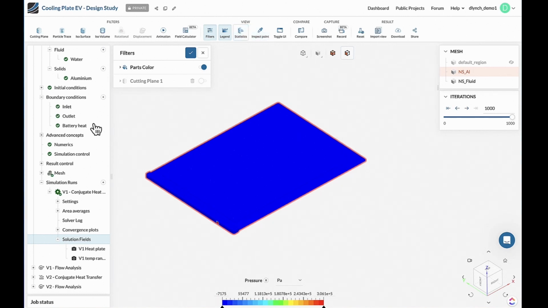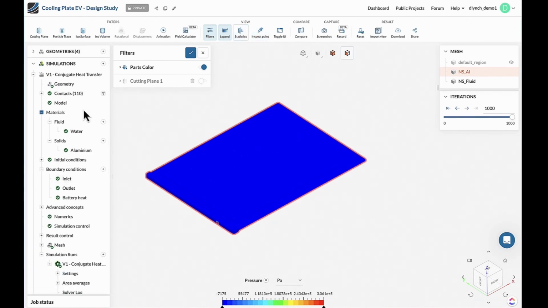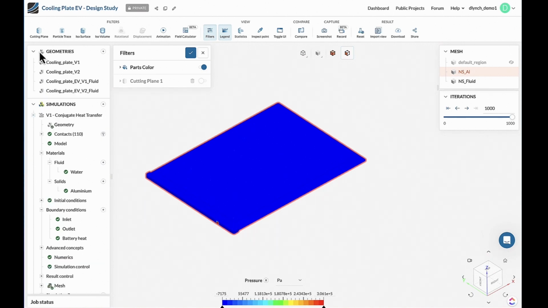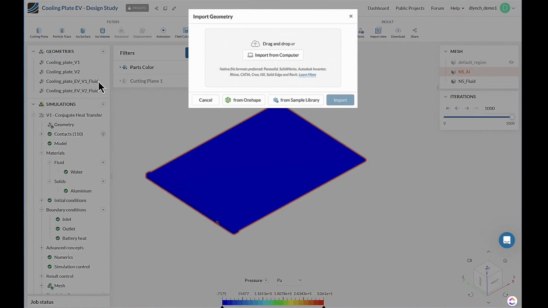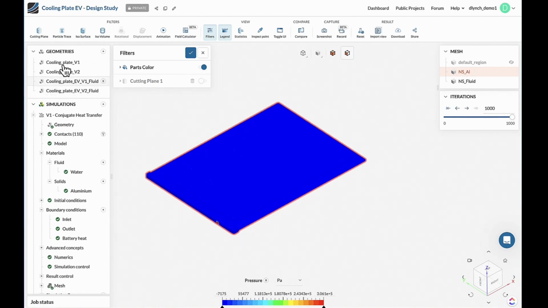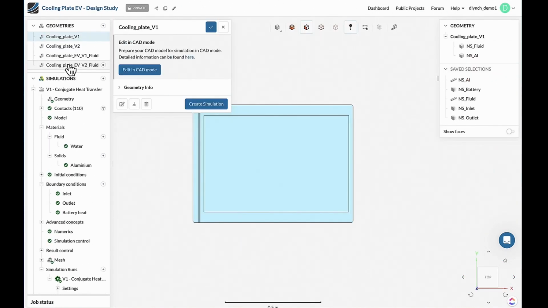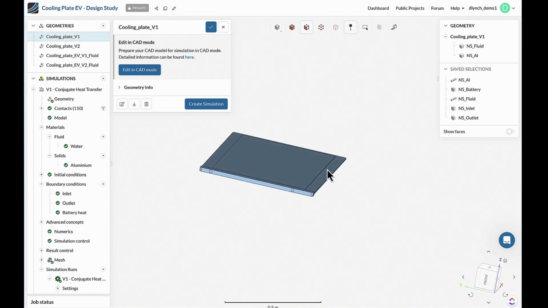Good. So that journey starts on the left-hand side in this simulation tree. We come to the SimScale platform, we drop a geometry, press a little plus button, drag and drop it into this space. We support most major CAD file formats, and once it's uploaded to the SimScale platform, we'll be able to inspect that geometry in the viewer.